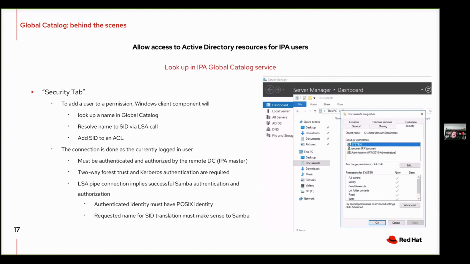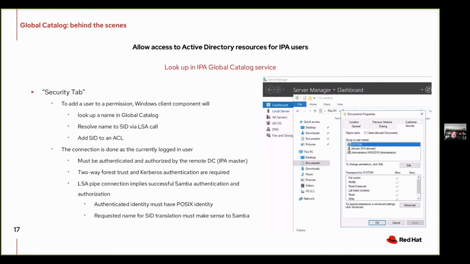So then after all this work, back and forth to get the tickets for the user, the Windows client will try to talk to its own domain controller to get the name which was found in the global catalog resolved to SID.